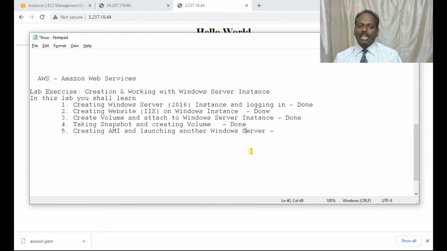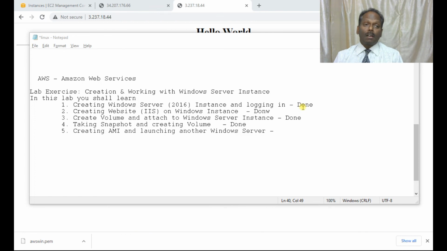The last one is again taking an image backup. So this is a private image. So the entire operating system, C drive and D drive, is included and taken backup. That is called an Amazon Machine Image. From the machine image, you have launched another server, or you can launch a server at any point of time since you have a machine image. Okay, so on demand you can launch. This contains all your configuration, whatever you have done, including your users or services which you have added, and also the softwares which are there in your C volume or D volume. The entire machine is again brought back to its original state.